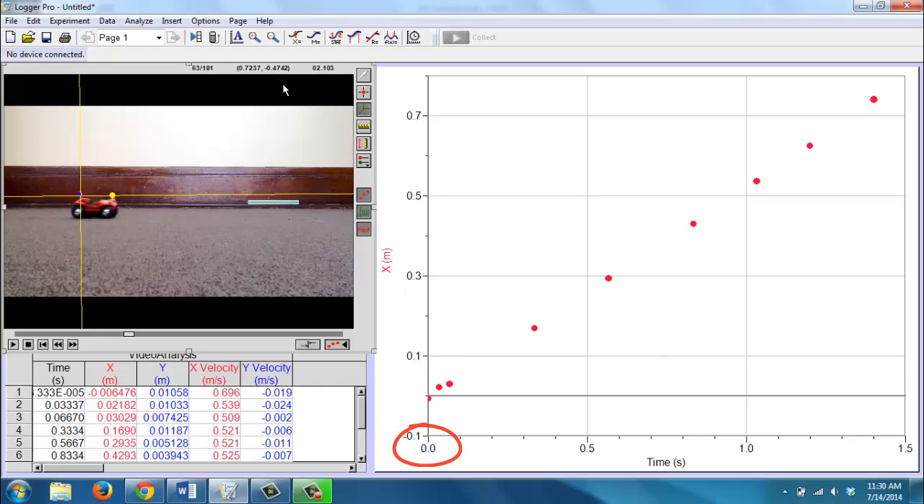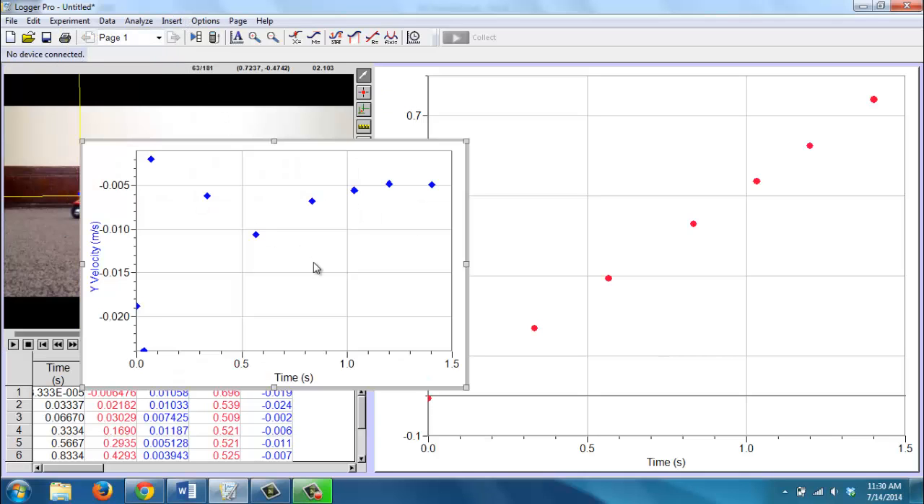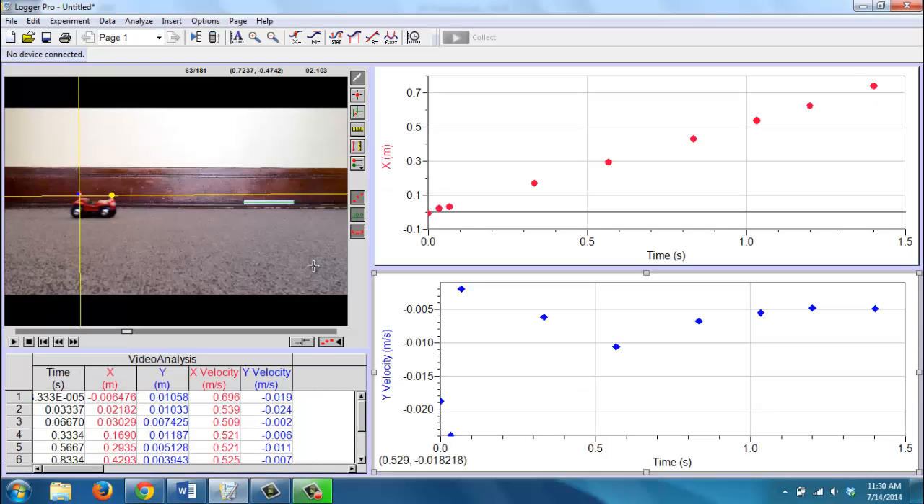Now we're ready to work with our graphs. Let's add another graph to show the velocity of the car. I'm going to click on Insert on the pull-down menu and then Graph. And Logger Pro is going to try to guess what graph it is that I want to show. I'm going to use Control-R to arrange my graphs,